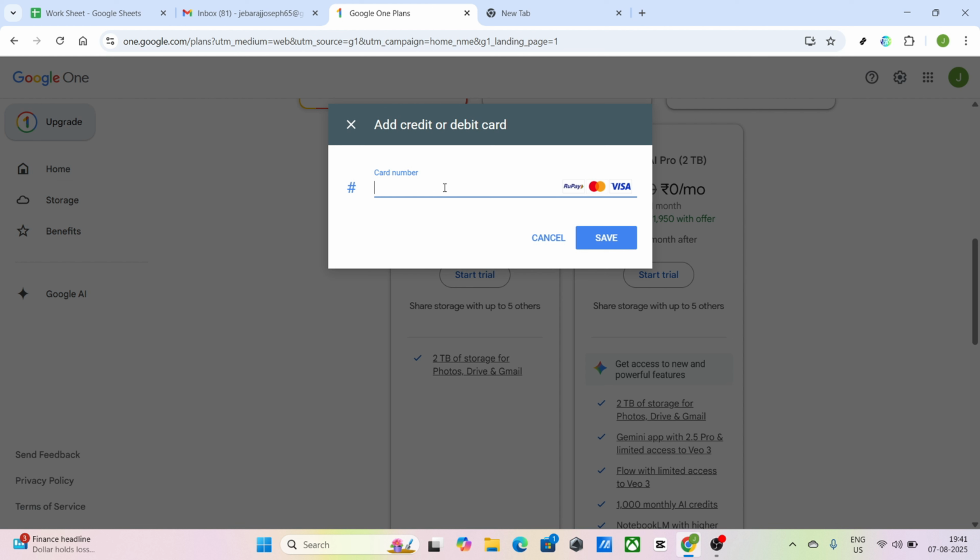Remember, upgrading to premium not only gives you more storage but also enhances your Google experience across various services linked